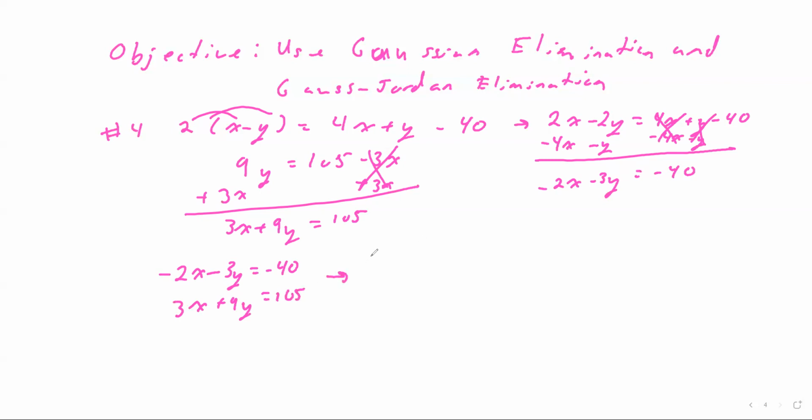Turn this into an augmented matrix. I have negative 2 x's and 3 x's on the other one. My y's would be negative 3 and 9. And this would all equal negative 40 and 105. All right. It's actually straightforward with these types of matrices. It's when you get a little bit bigger, which we'll see in the next example, that it becomes a little bit more tedious. Your first goal is to make this guy